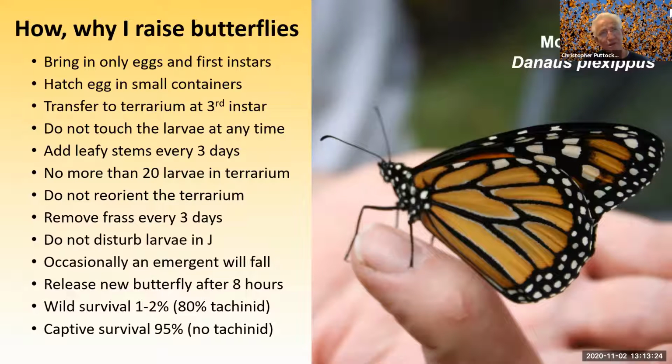Occasionally, a butterfly, as it's emerged, will fall. You can catch it and pick it up again and put it back within minutes. If you don't, then it's gone. I release butterflies after about 8 hours,